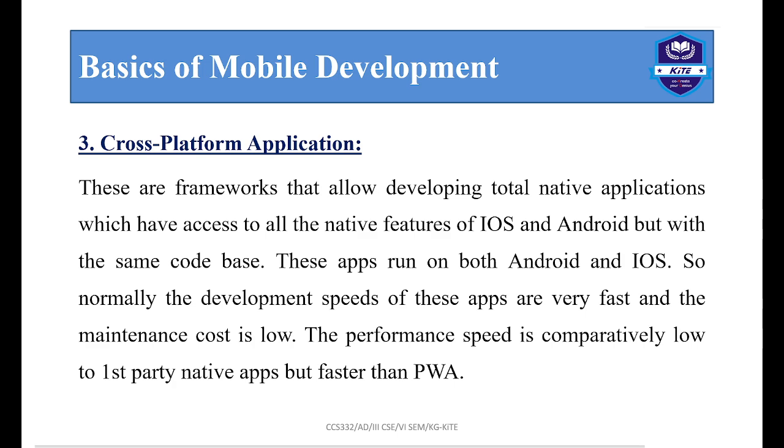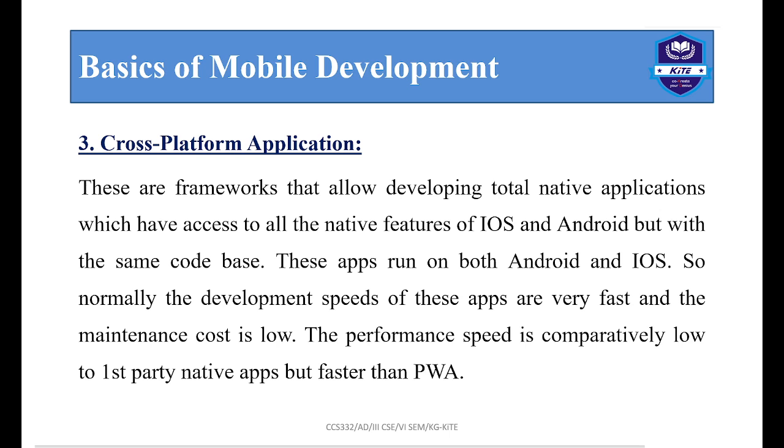There are certain applications that you store in your app store. For example, whenever we consider Apple app stores as well as normal Android phones, the applications developed for one cannot be interchanged with the other. That is not very user friendly. Whereas a cross platform application helps your native applications to be accessed on iOS or Android, but with the same code base. So any app developed in one Android technology could be accessed by other technologies. These apps run on both Android as well as iOS.